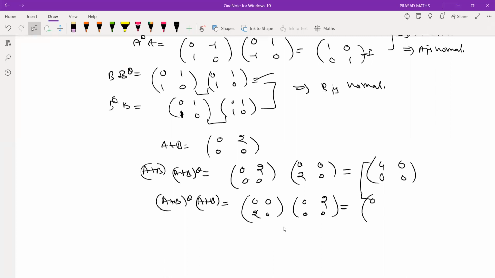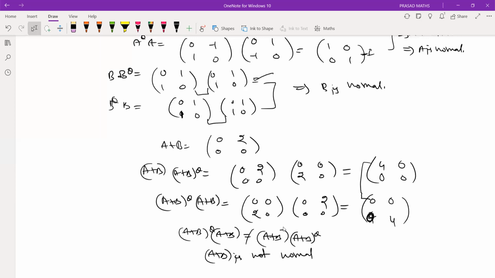Understand? No need to compute all entries. Sorry, this is 0, 4. So therefore both are different. Therefore A plus B theta into A plus B is not equal to A plus B into A plus B theta. Therefore it is not a normal matrix. Not normal. Therefore what you observe is: